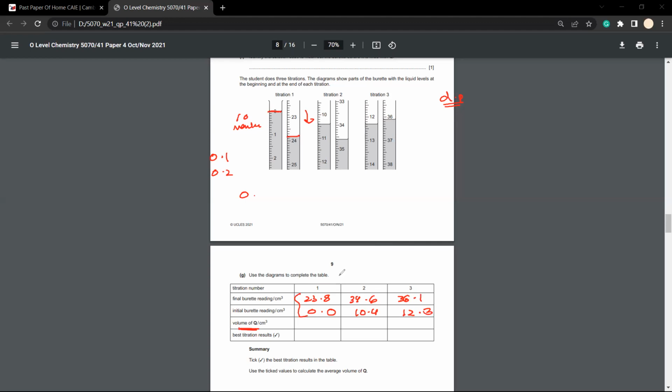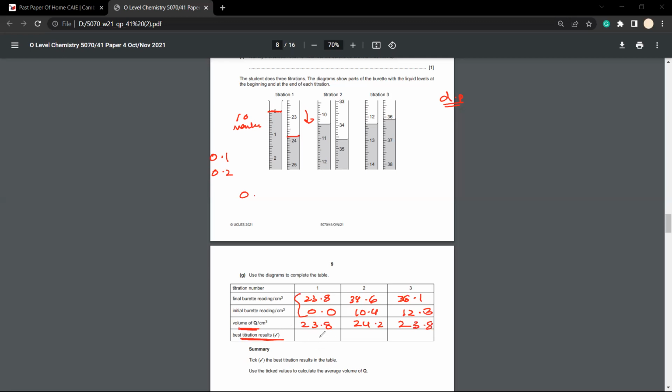of Q, how much will be used in order to neutralize 25 cm cube of the chemical I have in the conical flask. When I'll subtract these two, I'll have the values, that's 23.8. I'll have the value here, that's 24.2. I'll have the value here, 23.8. Now the next step, they're asking you to